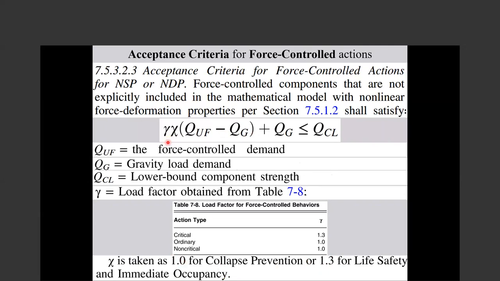And also there is another factor to apply to critical elements. Critical elements are the force control actions that, if they fail, a few bays or a few stories of the building will collapse. For example, there is a column in the first story. If the building is 3-4 stories, and if this column fails, a few stories